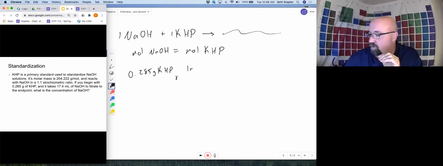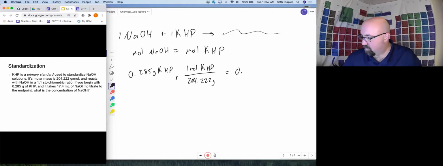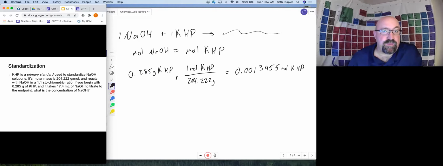So I'm going to use my molar mass, which she said was 204.222. And so I'm going to see that I started with 0.00... I'll carry out my sig figs a little ways and round at the end. So I started with this many moles of KHP. Now again, I know at my end point, my moles of NaOH had to be equal to my moles of KHP. So this means that through this process, I also had to have had 0.0013955